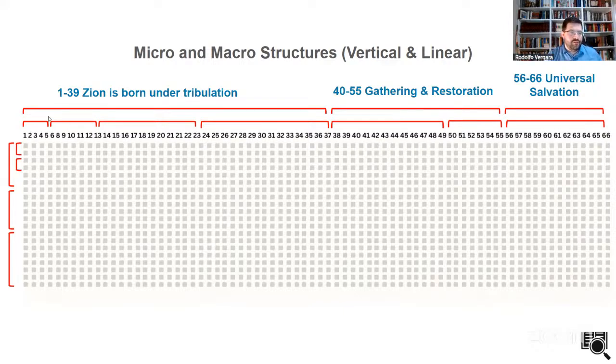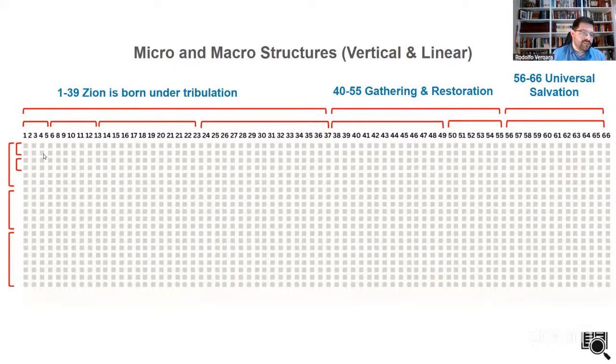So you have a macro, and then you start seeing microstructure. You can cluster chapters. So 1 to 5 can be a unit, and then every cluster really contains the whole prophecy, and then expounds a little bit more in the next one. So you have this cyclical aspect of the same vision, 1 to 5, 6 to 12, and then 13 to 23, and so forth. So you see the linear, not necessarily progressive, but also complementary structure, so that you can start making sense of things. That's why there is so much repetition.